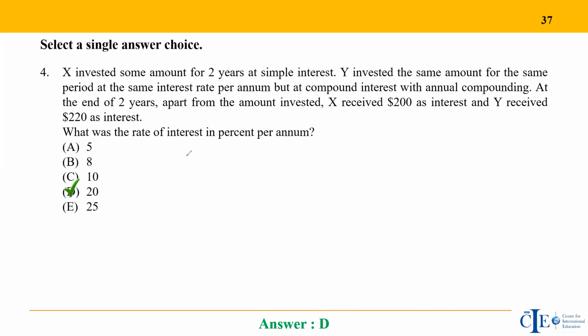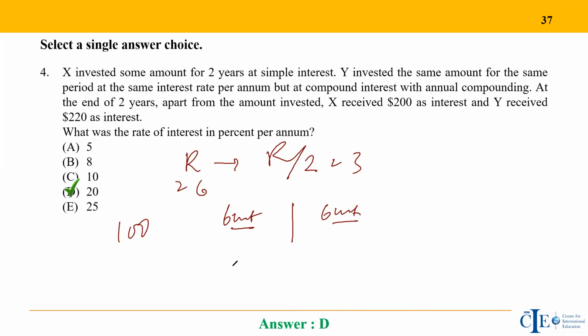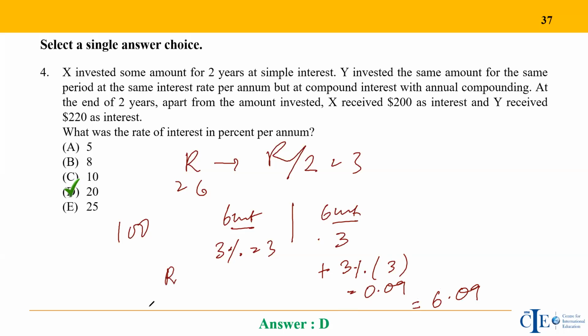So what happened? That was this R. First thing is I'll split it as R by 2. This was 6 and this came out to be 3. Suppose the principal was 100, the first 6 months and the second 6 months, right? We split it. So either was 3% of 100, which is 3. This 3% I calculated here also, but what extra came here? 3% of the first value, which is 3, which was 0.09, and hence in both the addition 3 plus 3, 6 plus 0.09, 6.09. So here you can say this was R percent.